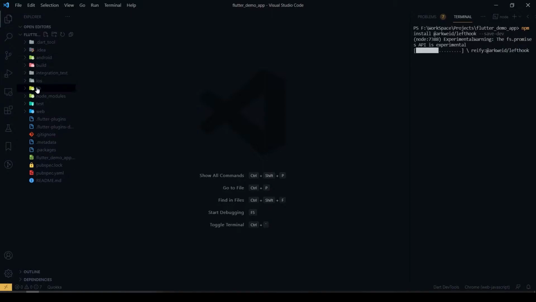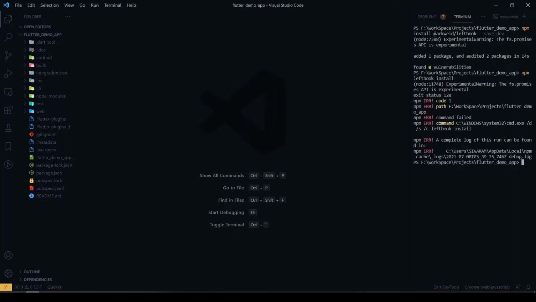As you can see, the node modules is installing. The folder is created inside our root project. Yeah, it's installed. Now, again we have to use this command, lefthook install.